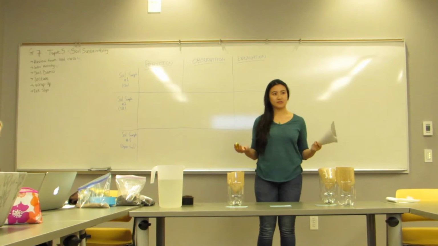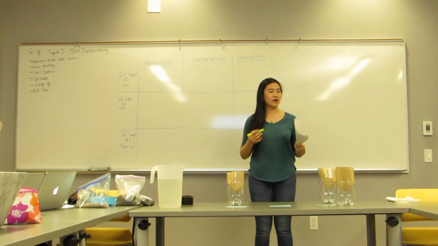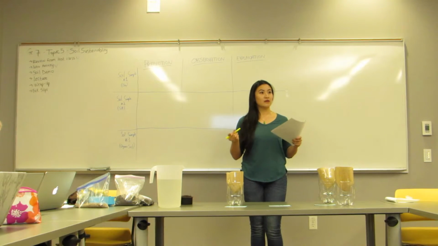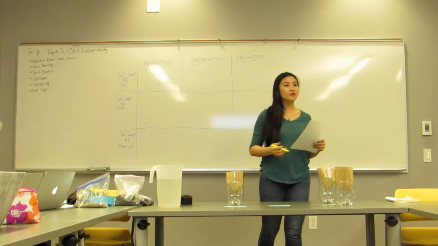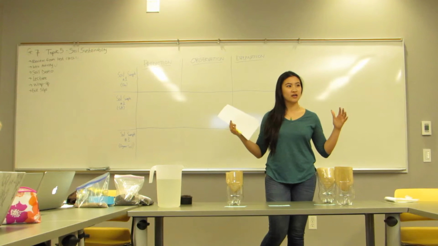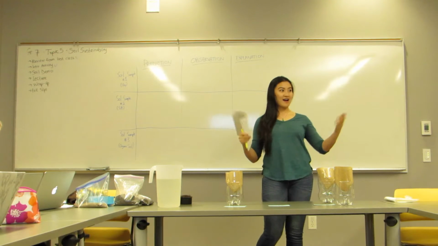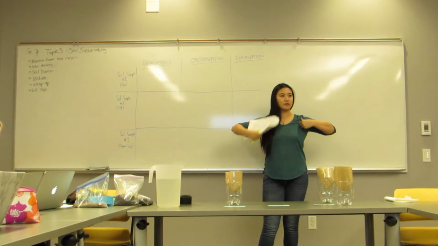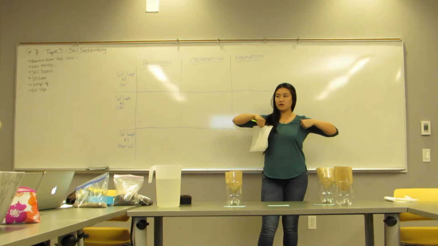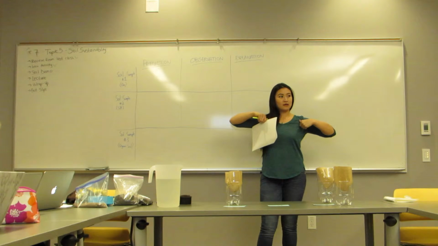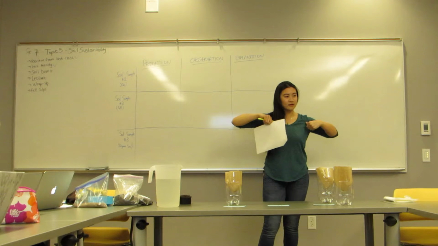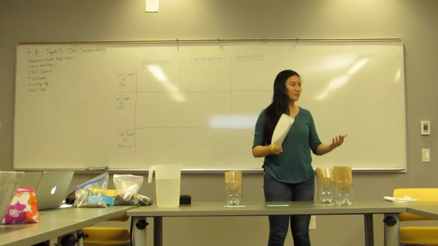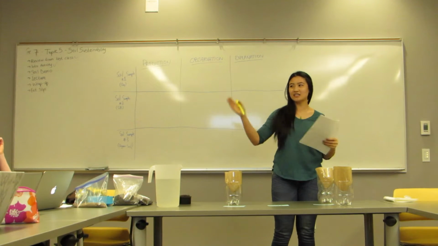So you guys remember our little activity outside? What happened to the sand? Can you guys recap? What happened to the sand and how the water went through? It was really easy for the water to go through because the particles were not really spaced out. Yeah, exactly. So then what happened to the silt group? What happened to the water? The elbow to elbow. It was slightly less easy. Yeah, why? The particles were closer. Exactly.